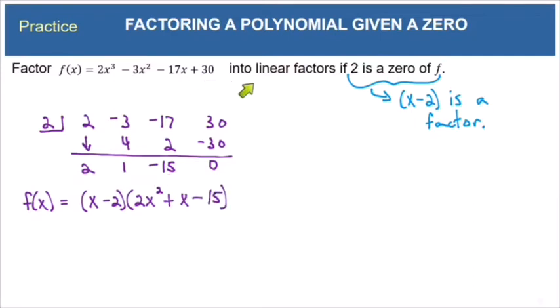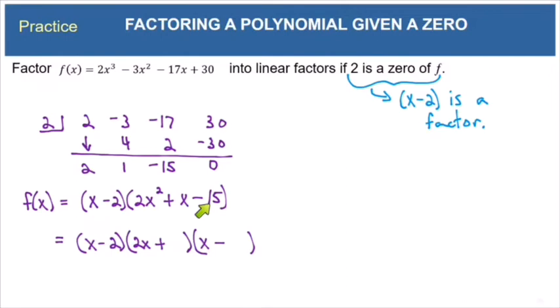So again, remember that the instructions said to factor into linear factors, and this is a quadratic factor, so this now needs to be factored into two linear factors. So don't lose your x minus 2, but we'll break this trinomial down into two binomials. So 2x squared is going to break down into 2x times 1x. Then this last term is negative, so that tells me the signs here need to be different. And I'm just going to put plus here and minus here.